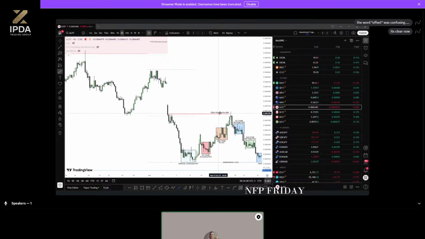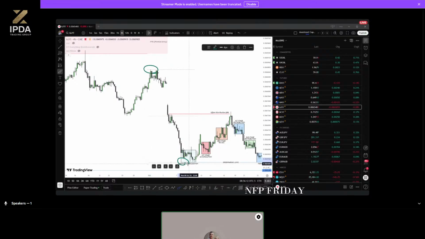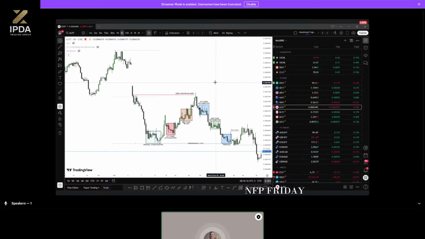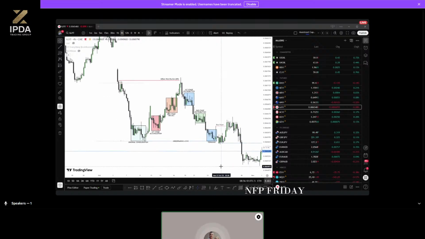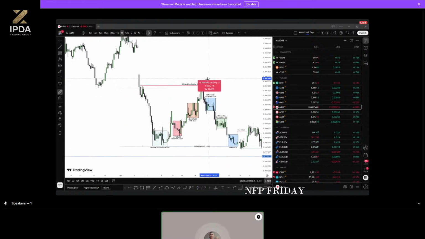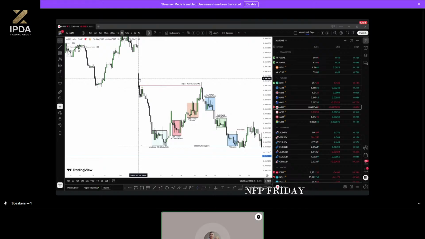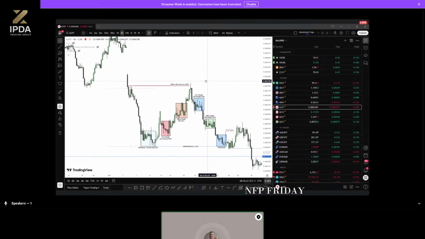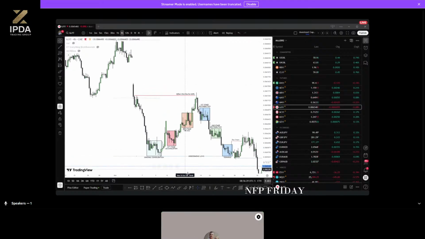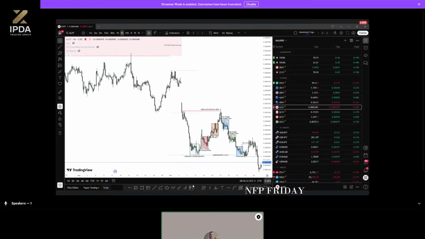So this is just a redistribution of the higher time frame fractal, but if you narrow it down and you fractalize it, it could still be an offset distribution in this very leg. So I don't want to confuse you guys, so I'm not even going to mention it. But this essentially could be the offset distribution on the 4-hour chart. On the daily, this will simply be a redistribution, not an offset distribution. But that comes down to experience and already understanding that the market is already in a higher time frame.